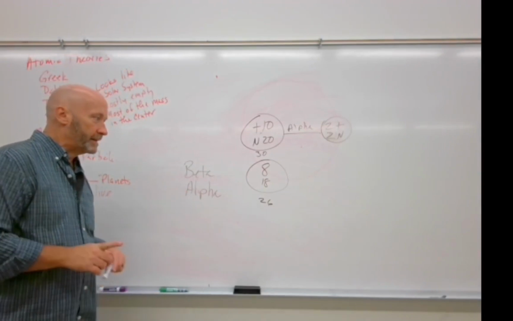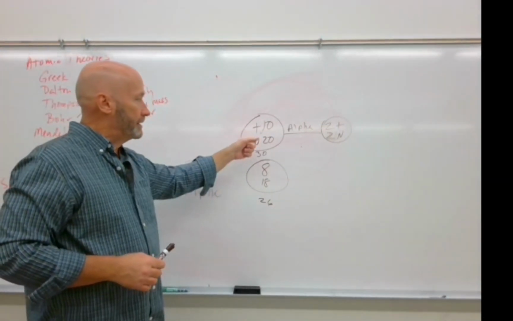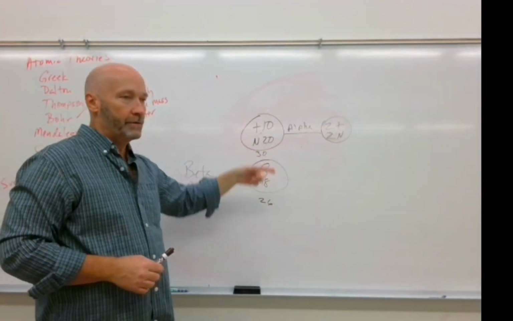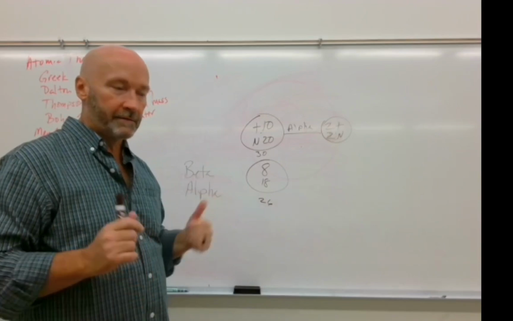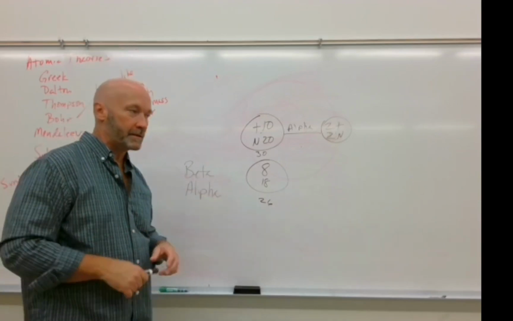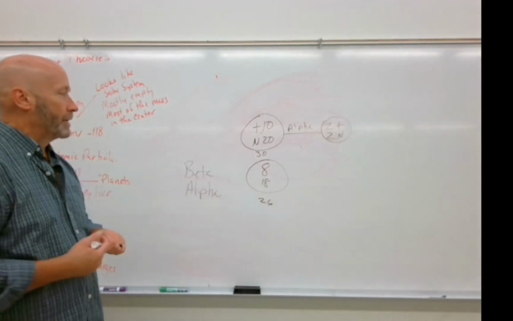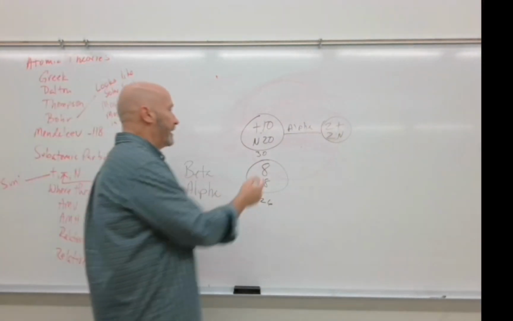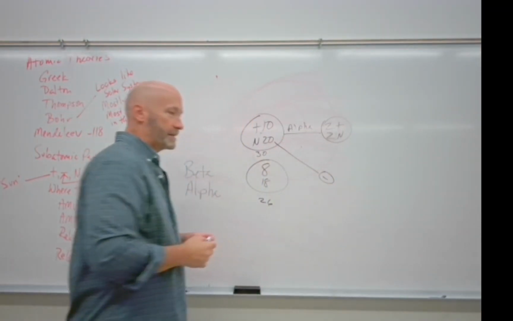Now, here's the thing. You remember I told you that I wanted you to be thinking about the neutron as not being neutral because it has no charge, but because it has both a positive and negative charge. And this is where this is going to come in. With beta emission, what we're going to do is kick out an electron, essentially, from the nucleus of the atom.